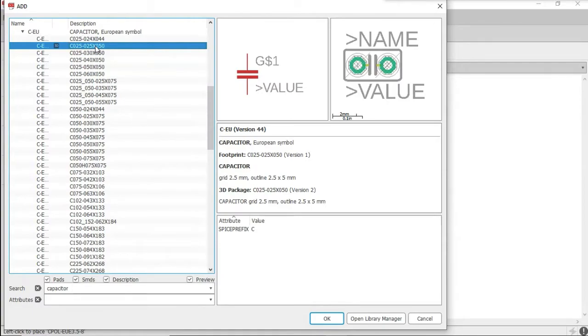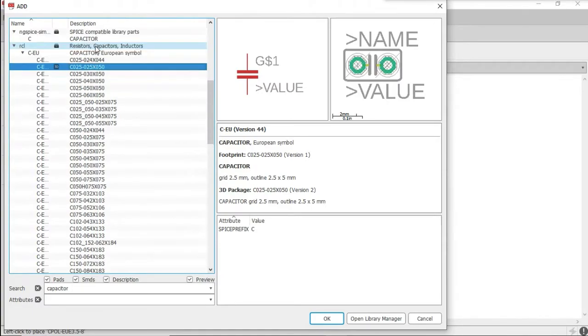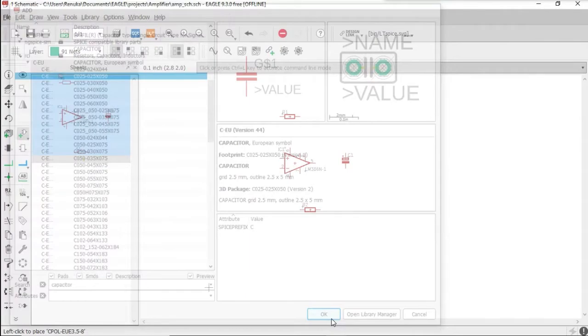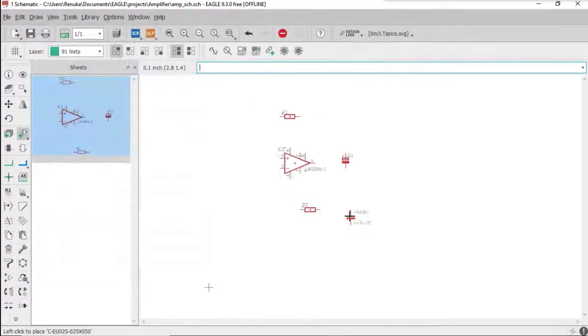That is the second option available. I'll repeat again, under RCL, select CEU. Under that, choose the second option and click on OK. You need two of these, so tap two times so that it will be used twice.